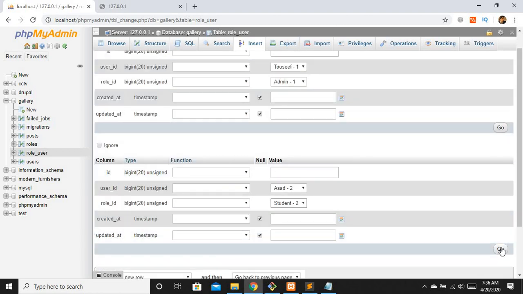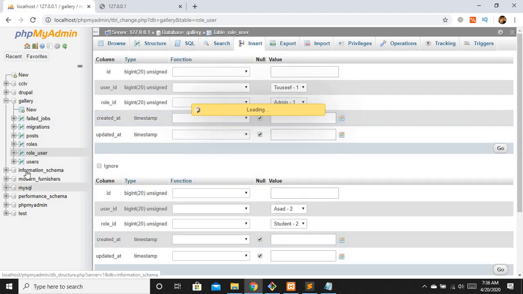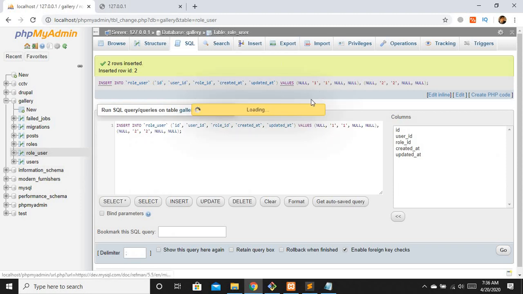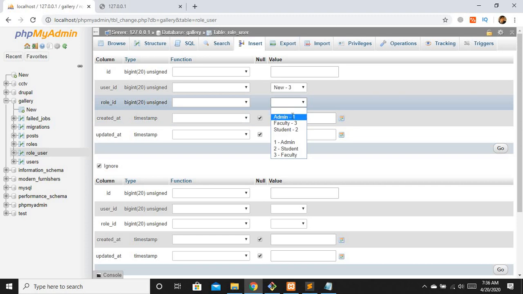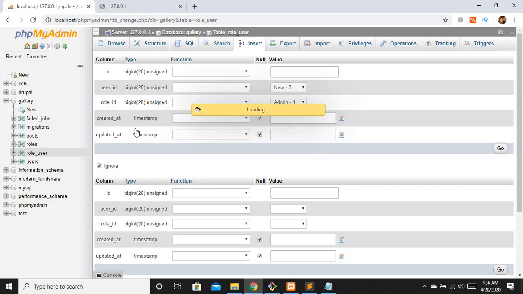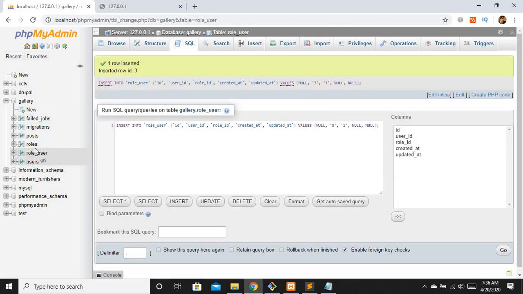Then I'm going to assign another role to another user, and that new user is also an admin. Go. So we have all our respective data. We have our roles: admin, student, faculty. We have the relationship of roles and users, and we have created a third user.